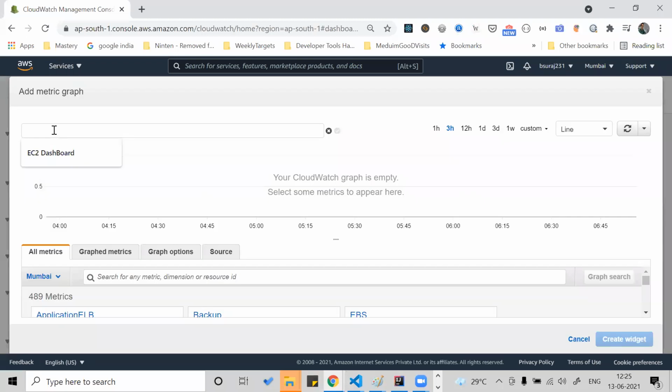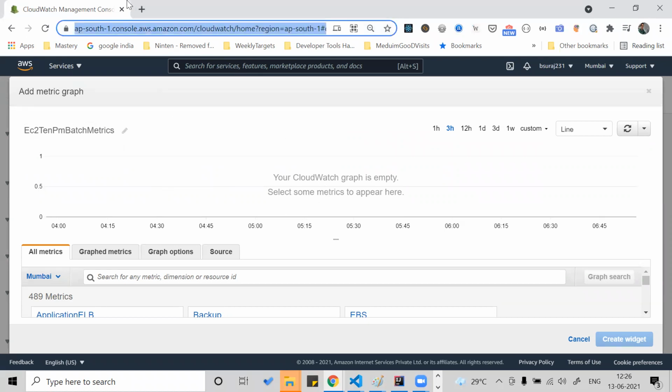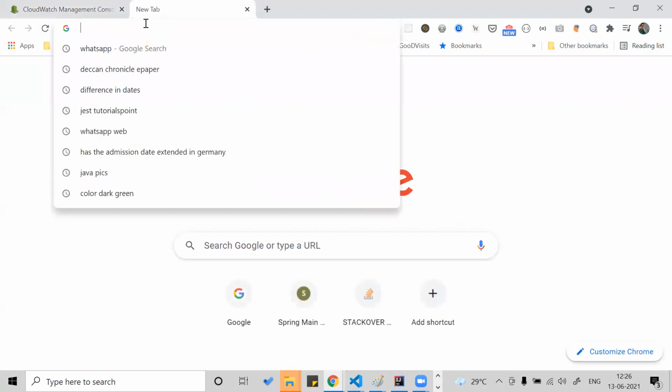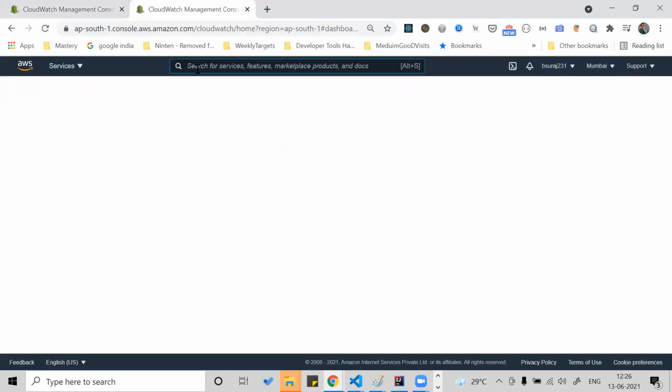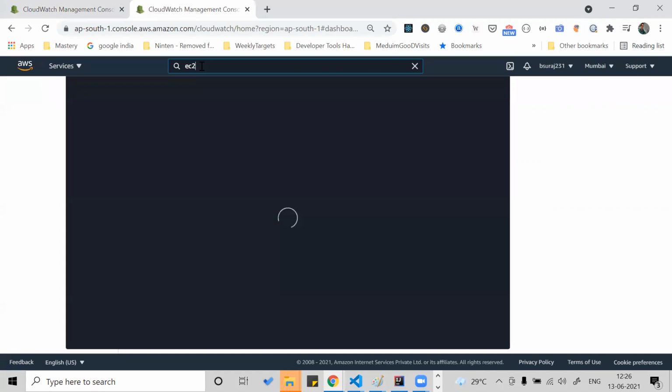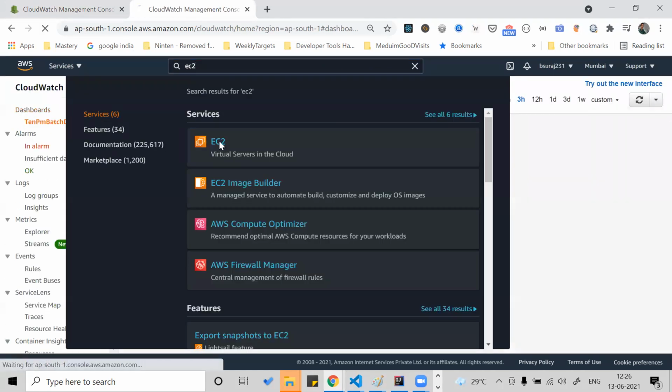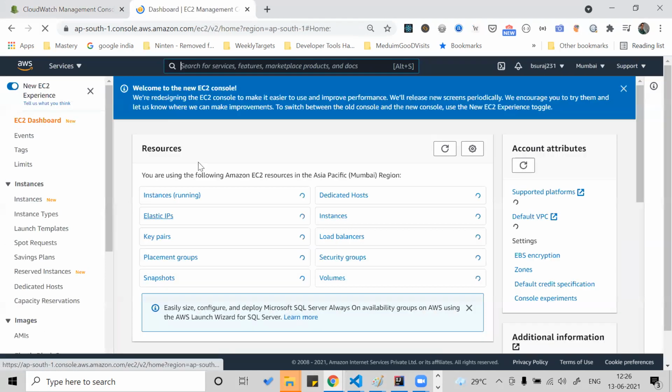Okay, now this is untitled. You can see today we are doing with the EC2 10 p.m. batch metrics. In this, you can see that currently, do we have any EC2? Let's provision an EC2 until that, so that parallelly it goes. We should have some resources, else how will we get the utilization of it?